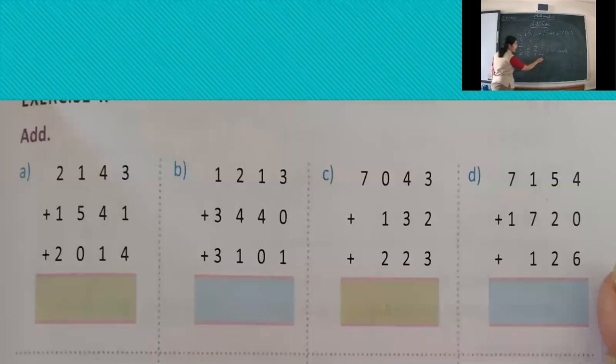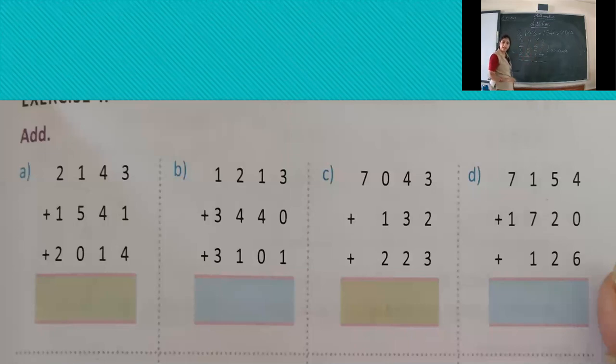Now when we add them, I'm not starting from thousands place. I'm starting from ones place. Why? When we add them, suppose there are 10 ones, then it will go to tens place. Like this, it will be carried. So always start from